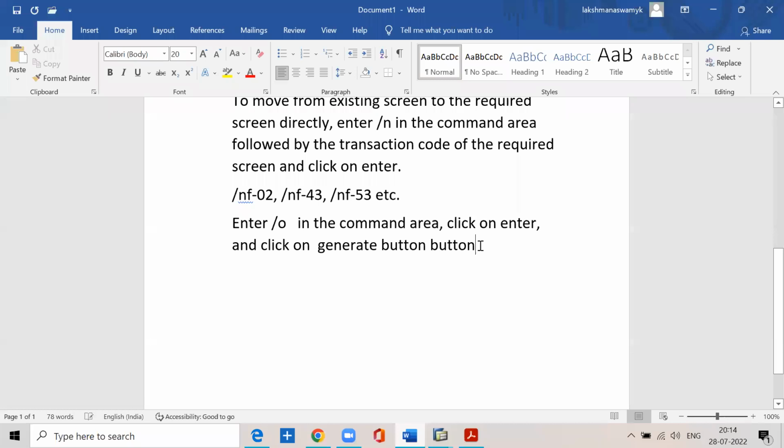These are all different techniques for navigation in SAP. The path for opening the new session is,